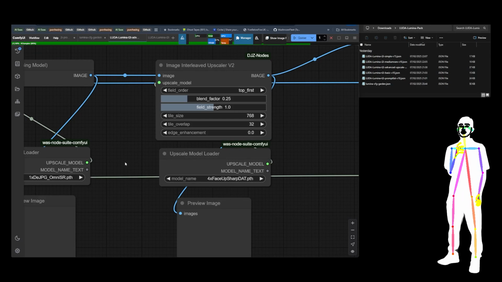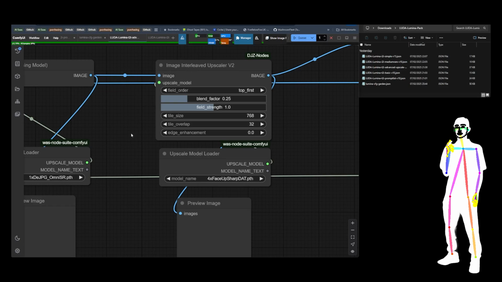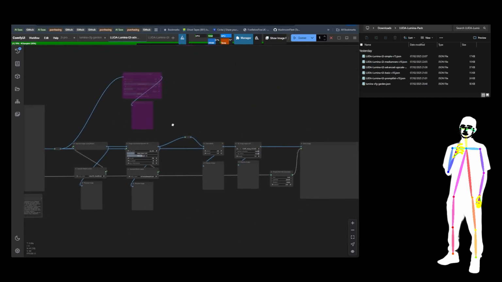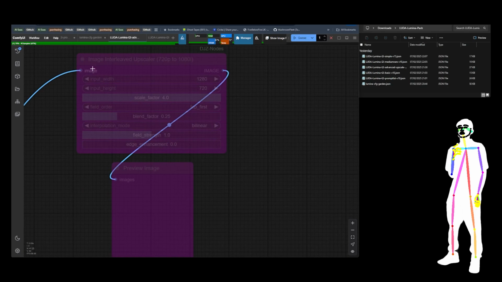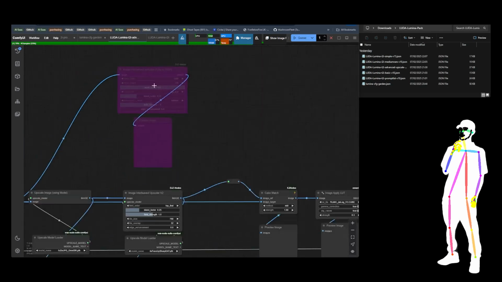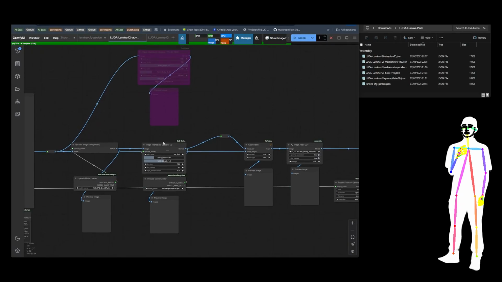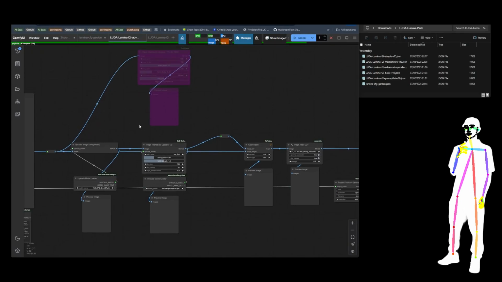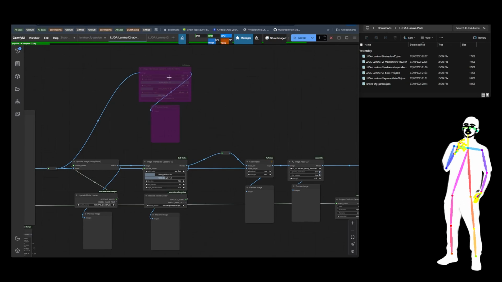All right. And this is a bit of a cheat because it only actually upscales half, and then it does interleaving for the other half of the rows in the image. So it's efficient, but this is even more efficient, which is just doing interleaved upscale with no model. So you can think of this as interleaved, so refiner 4x with interleaved upscale, and then you've got this one which is basically